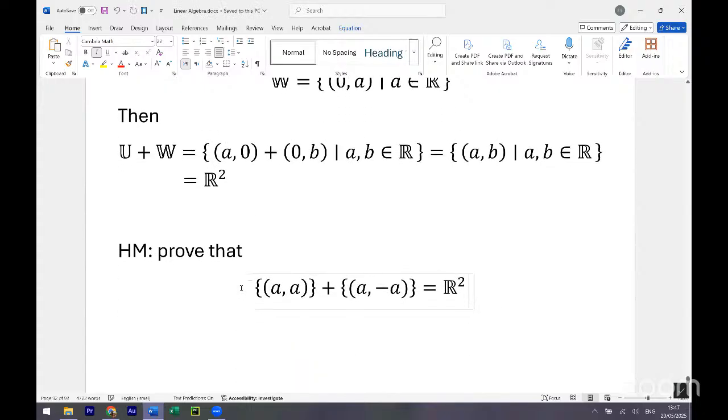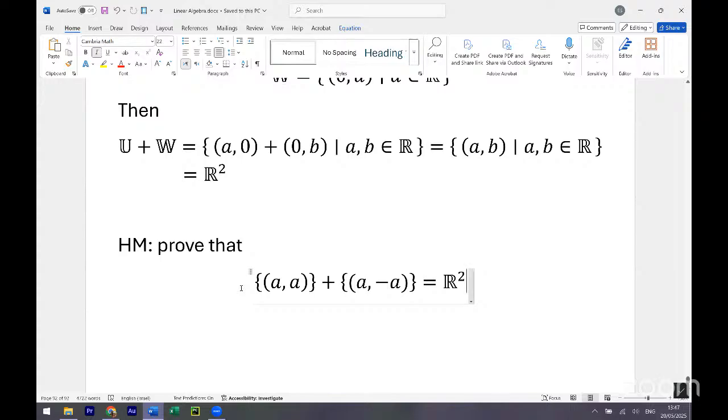So I'll tell you that you can use by-sided inclusion. You can show that the right-hand side is included within the left, and the left-hand side is included within the right. But it's a bit of a waste of time, because we will have better tools for that in the future. Okay, so it's a good exercise for now, but in the future we will have a very